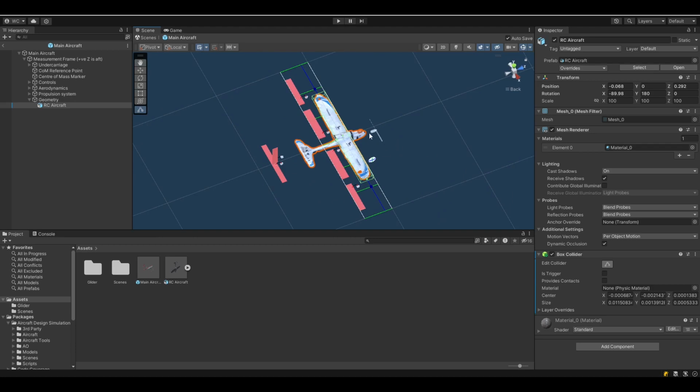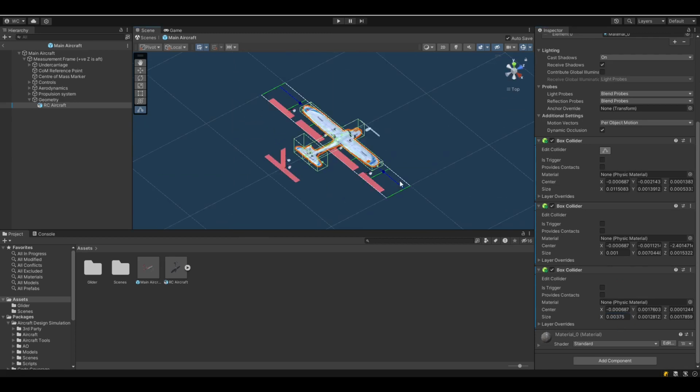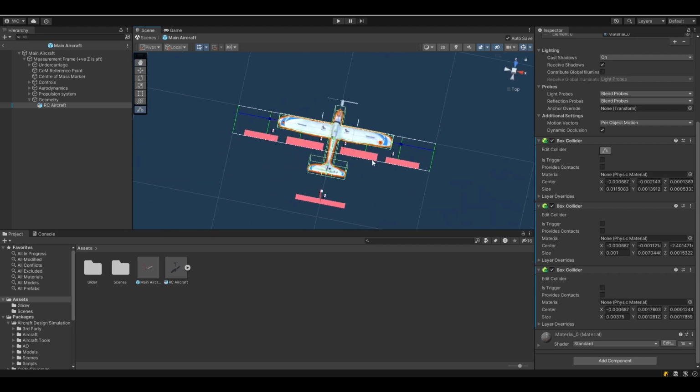Okay, so that's the wing, and then we'll add more box colliders for the rest of the aircraft. So there we go, we've added box colliders to the aircraft, and now the rigid body dynamics for the aircraft will work, collisions will work, and we won't get things hitting the aircraft where it doesn't actually exist. So now we can move on to lining up the aerodynamics for the aircraft, which we can see are these